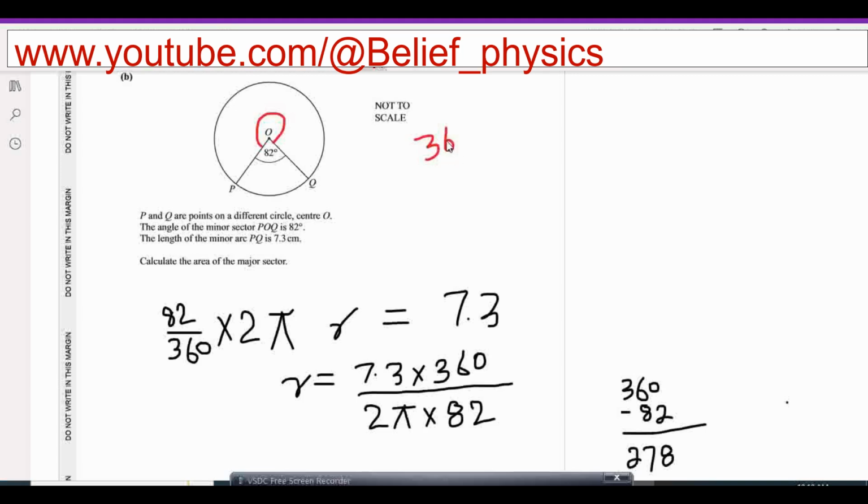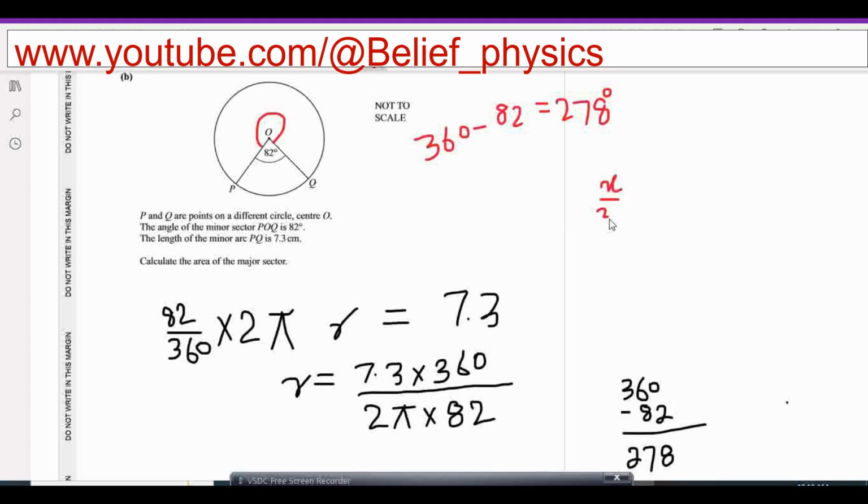This angle is 360 minus 82, and this comes out to be 278. Because the angle in a circle is 360, the major angle is 278. Just keep it in mind. First we have to find the area of the major sector. If you can find the radius of the circle, then using the formula x over 360